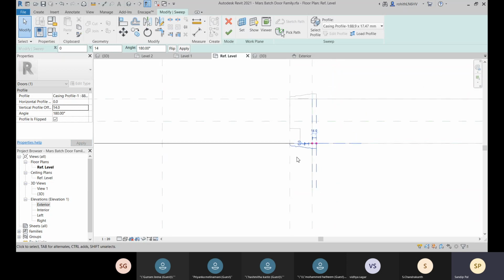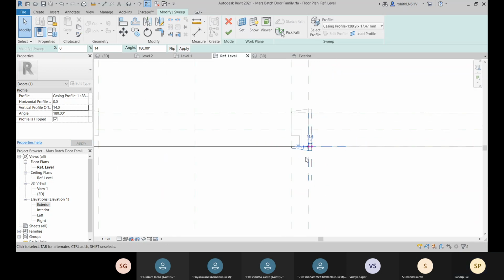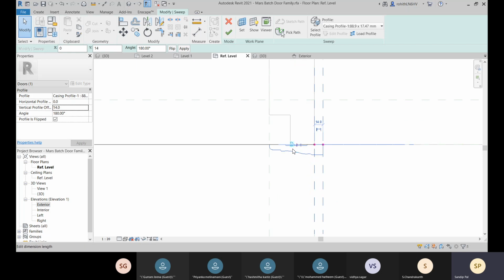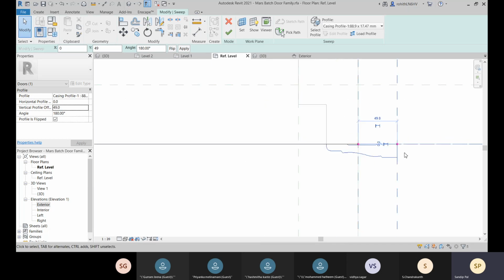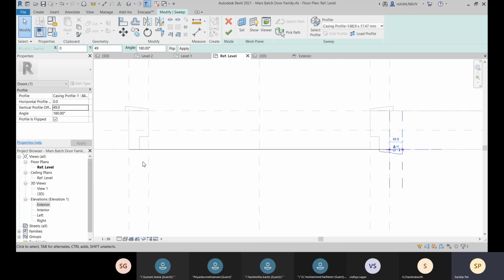Okay, and I think here we have to change it like this, 50 more, or this 35 more. So suppose you want to add 35, so you go for this equal symbol and 14 plus 35, and that is done. Okay, so from this face we will be placing this one for this interior side.